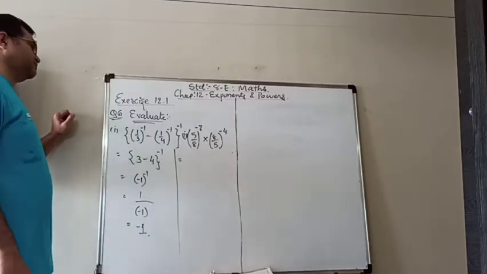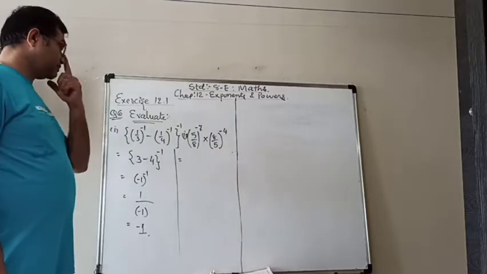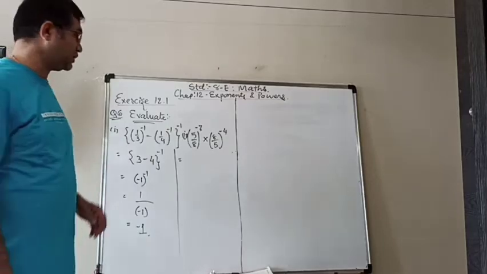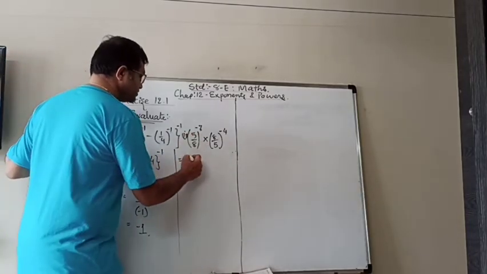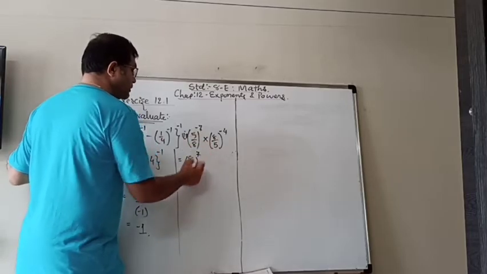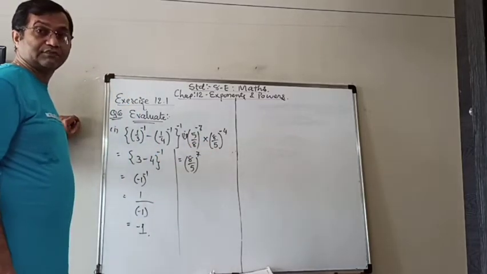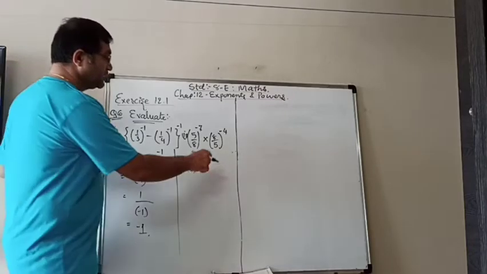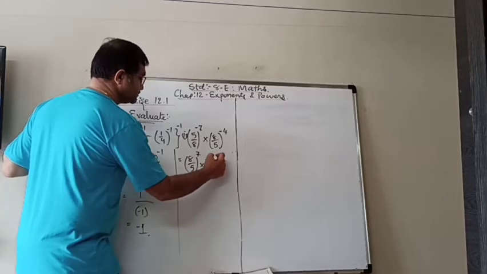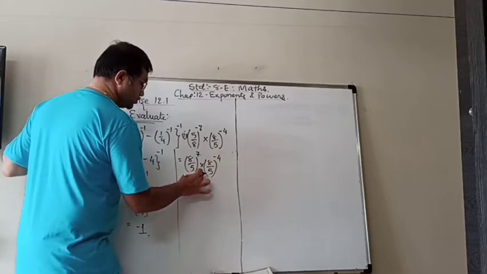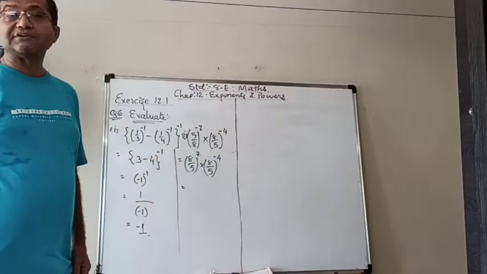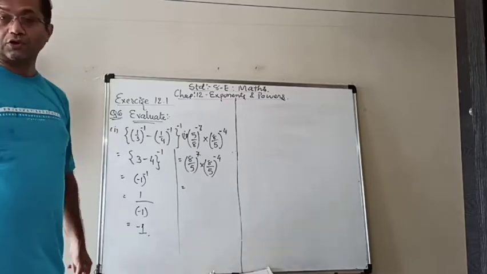So we can do one thing. We can convert one of the powers by taking the reciprocal. So 5 by 8, we can write as 8 by 5, then the negative power will be positive. And for our convenience, we will keep this one as it is. Then you can see that the bases are equal here. You can see that the bases are 8 by 5, only the powers are different. Then we can apply the first law.